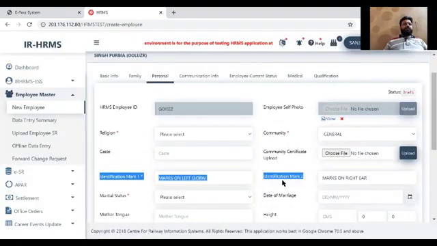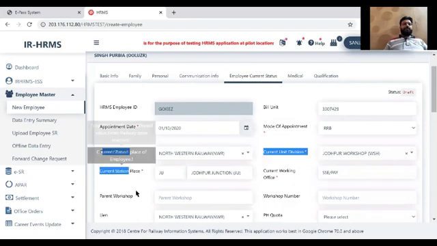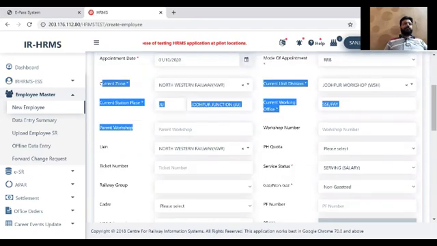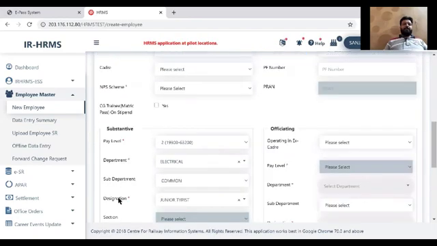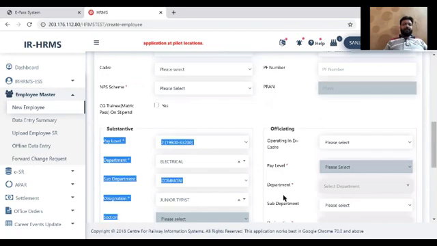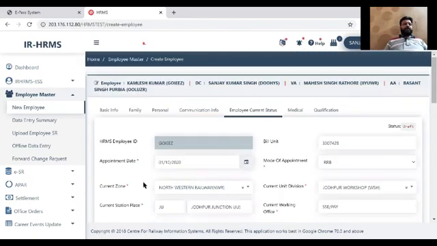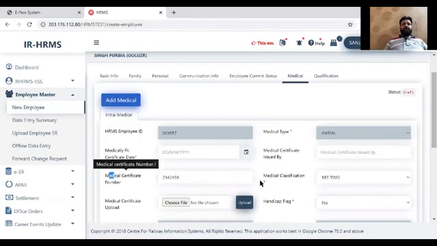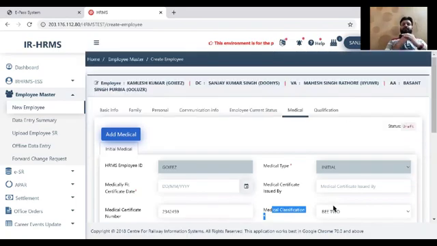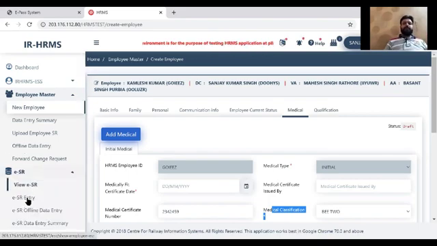In current information, we have his zone, division, unit, station place. We have the pay related details, pay level, department, designation. In medical, we have the medical certificate number and medical classification. So whatever information we fed at the time of office order generation is now part of my employee master. So the employee master record for this employee is created.